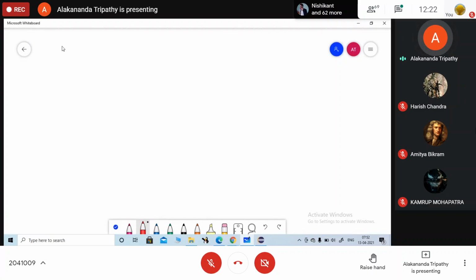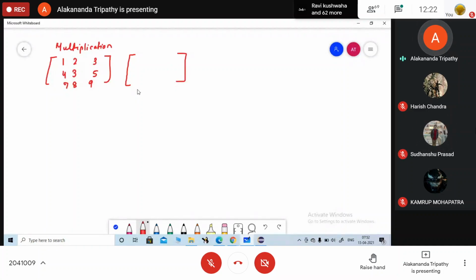There is another one, matrix multiplication. I am just discussing the concept. We are going to do it in the lab tomorrow. I am not going to do the program today. We will start with the class and object concept. Now I am having one matrix. All of you know how to multiply two matrices? Yes, ma'am. Okay, so tell me what is the prerequisite of multiplying two matrices?